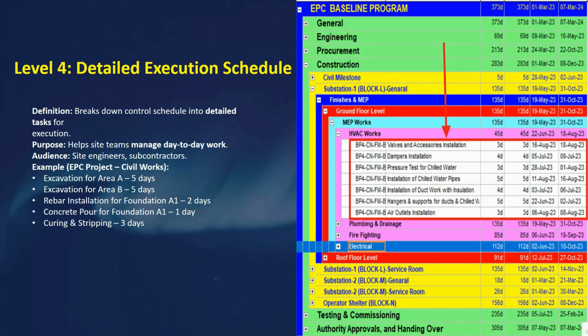Level four ensures work packages are translated into actual activities with start and finish dates that are realistic and coordinated. You can see here we have the start and end dates for all the tasks. So actually it bridges the gap between planning at the management level and execution at the site level. Okay, so I hope it is clear. So now let's move